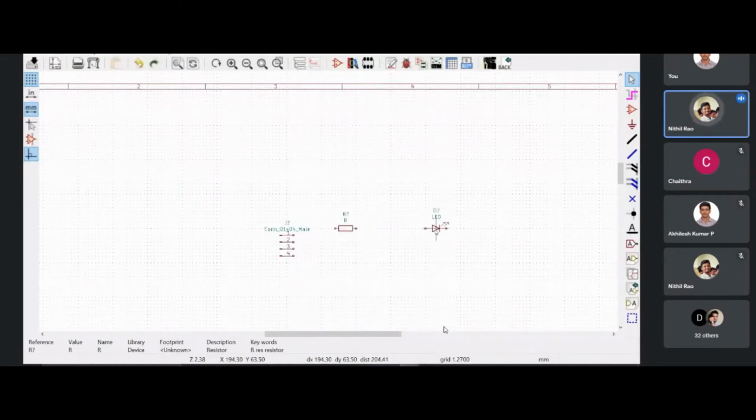And if at all I want to move it, I have to keep the mouse pointer there and click M. And this is how I can get access to move it anywhere on the screen. Then just click wherever you want it. Now I want to copy the component. The shortcut is you keep the mouse pointer over there and click C. All right, the duplicate has been generated and I have to click anywhere where I want to place it. So again, repeat the same procedure.